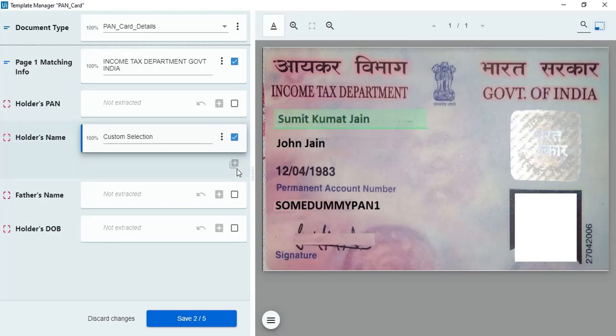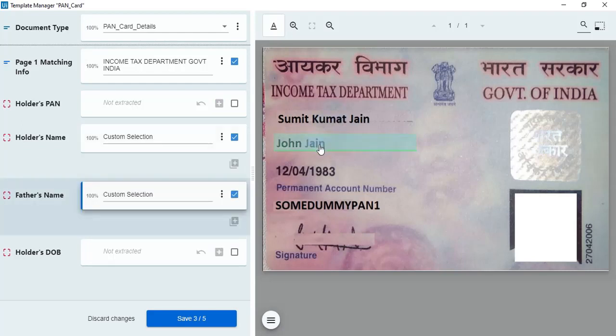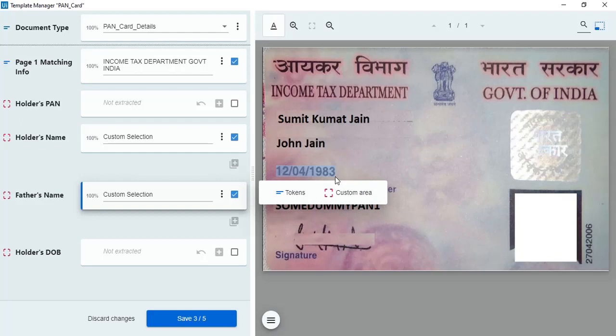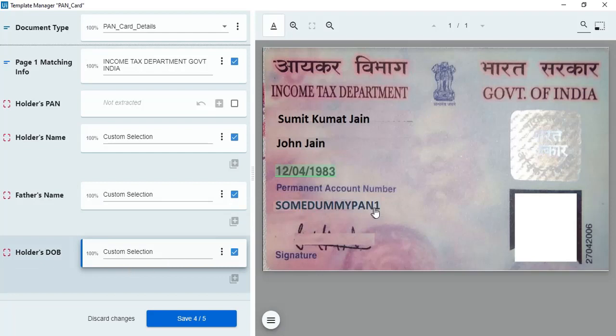Similarly, I'll scan this area for father's name. Again, I am covering the entire area so that the longer names can also be accommodated. I'll click on custom area. Again, all the positive signs would be highlighted. I need to choose the right one where I want the text to go, which is scanned from this area. Next one is date of birth. Scan this area. Be very specific in choosing this because the date is not going to be extended anywhere. This will always be this much only. Click on custom area and map it to holder's date of birth.